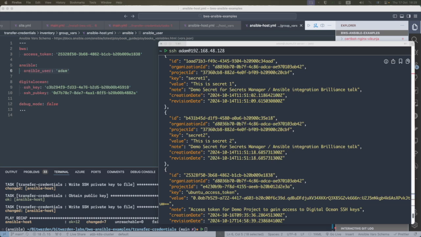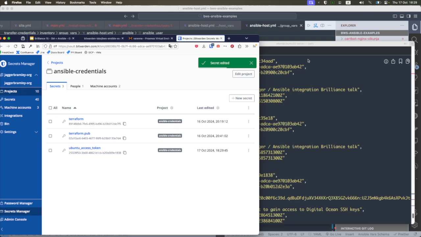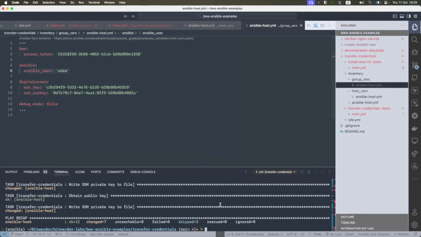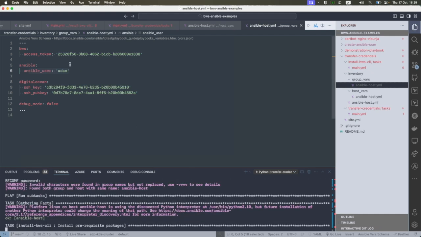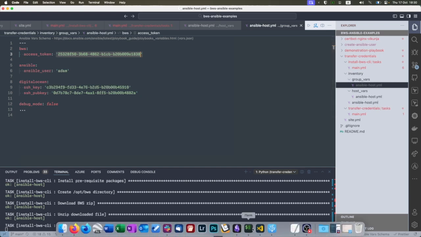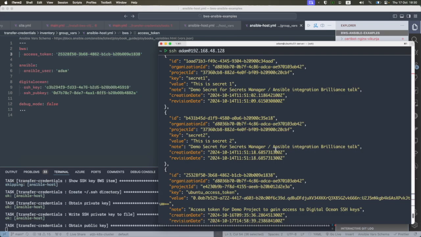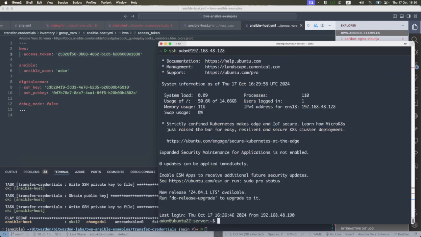I'm going to do that off screen this time. There we go. That secret has now been edited. And now if I come back here and run that play once more, that is again going to retrieve the updated access token, because that has changed, and it's going to send that across to the machine. So I'll just exit out of this, wait for that to complete, log back in, and when I do BWS